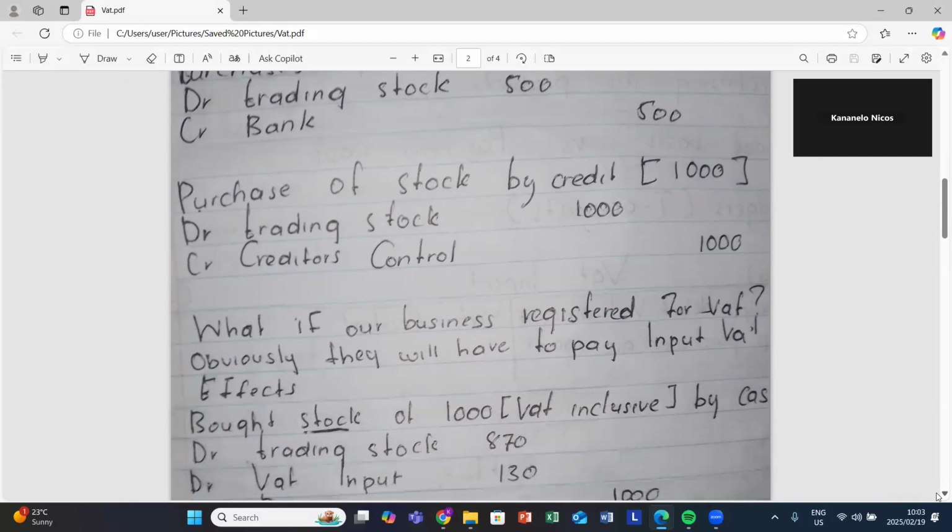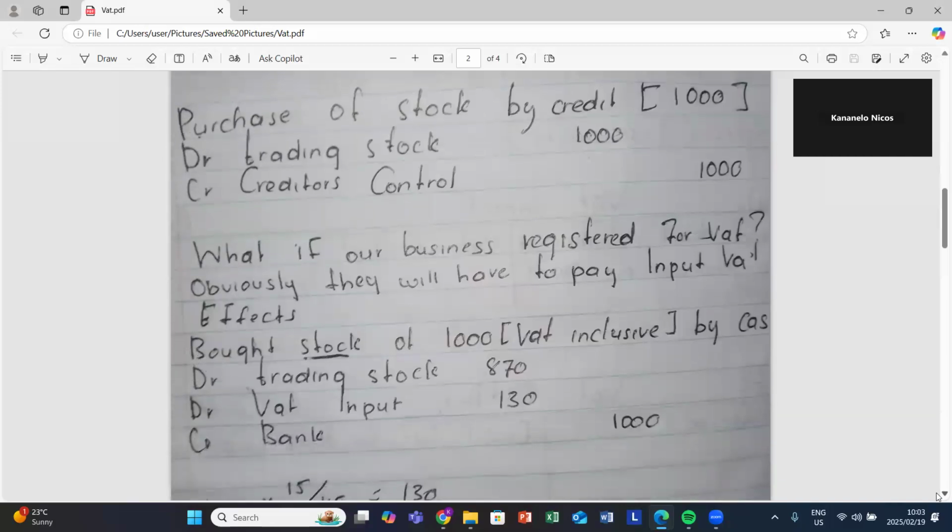But then what if our business is registered for VAT? Obviously, if our business is registered for VAT, there will be VAT implications which are supposed to be followed. So when you're registered for VAT, it will no longer affect two ledger accounts, but rather three ledger accounts. Let's make an example with regards to that transaction. Let's just say that we bought our trading stock for 1,000 rand. But that 1,000 rand is VAT inclusive, meaning it has VAT